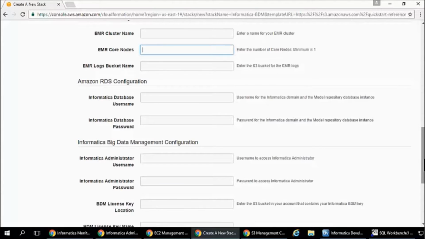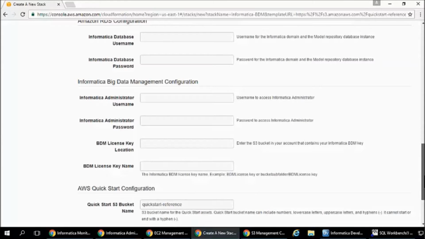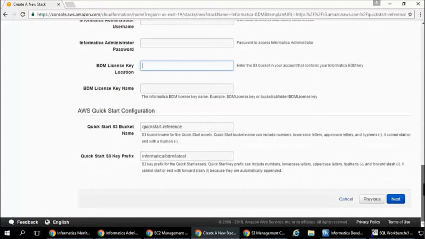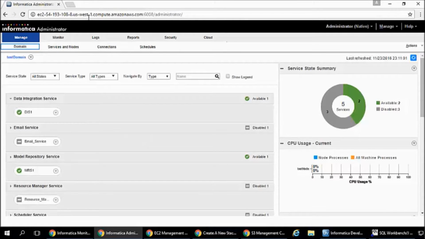And this whole listing is bring your own license, so you need to have your own license key. You can keep it in an S3 bucket, and you need to specify that location here. So once you have all these entries, you can spin up BDM as well as the EMR cluster, all running on your own VPC. Once the setup is done, you will see Big Data Management running on Amazon, and